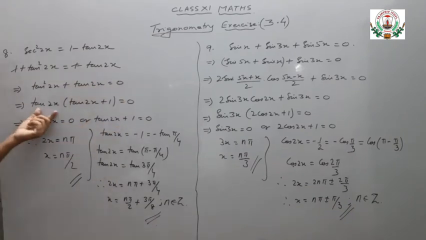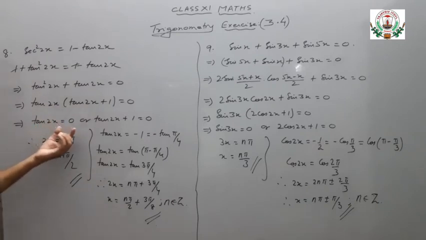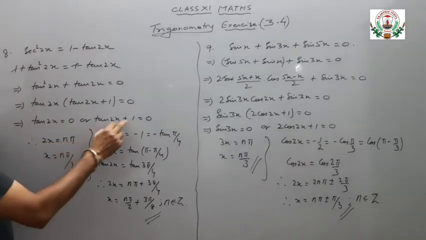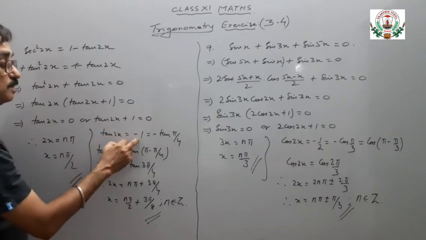Tan 2x can be taken common, we get tan 2x (tan 2x plus 1) equal to 0. Tan 2x equal to 0. If tan θ equals 0, we have the solution θ equals nπ. So in place of θ, here 2x equals nπ, x will be equal to nπ by 2. Now the second one, tan 2x plus 1 equal to 0, tan 2x equals minus 1,